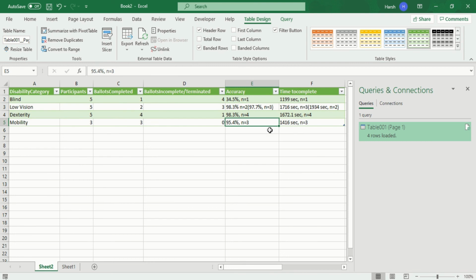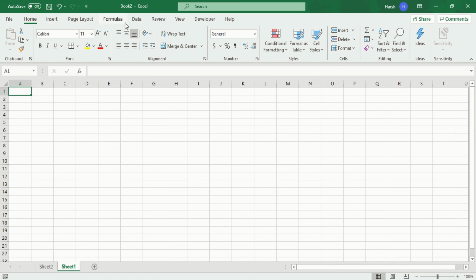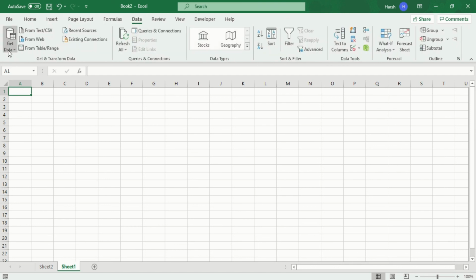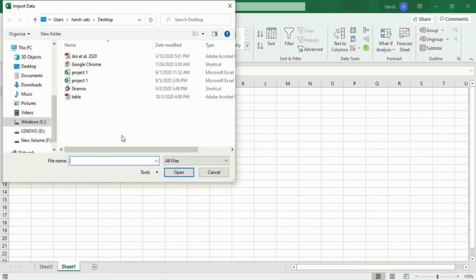Now this is what we can do with a simple table. But now I will tell you another method for the long table. Like in the second PDF, I have shown you that complex tables are available. Then how Microsoft Excel will work with it is also something you should look at. So we will go into another sheet to load new data. I will cancel this and again go into the data section. In the get data section, again from file, I will go from PDF because that second file is also a PDF but it is a bit more complex.